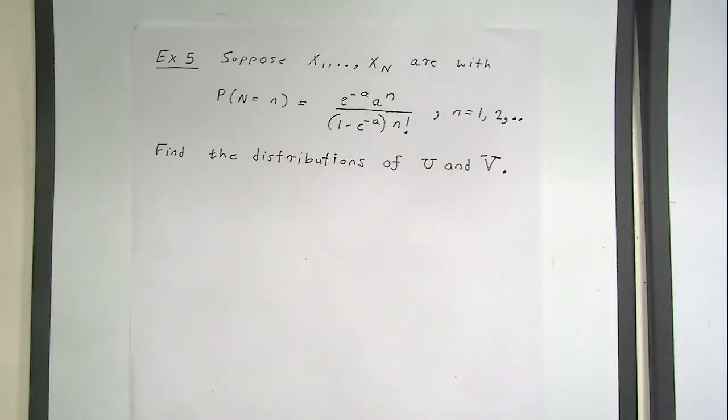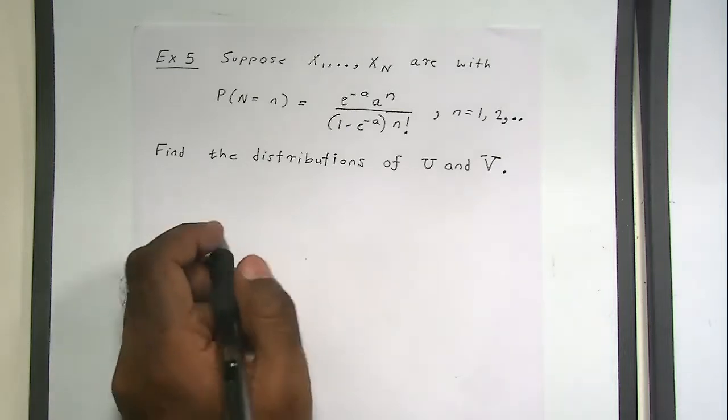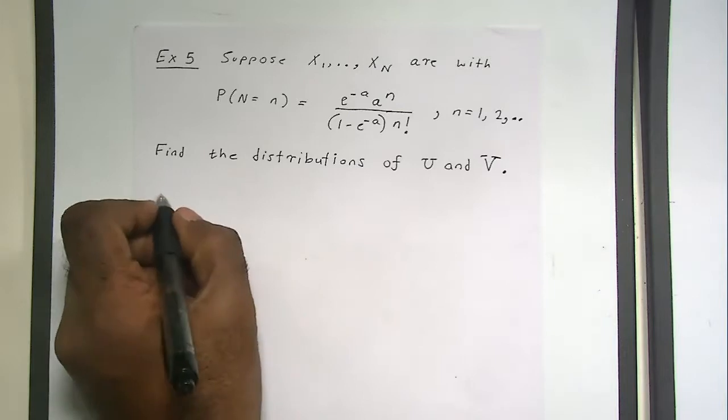Right, so here we have x1 to xn i.i.d. with the distribution given by this, right? And we want to find the distributions of U and V. Remember, U is the minimum portfolio loss, V is the maximum portfolio loss, right? Now you should use the formula that I gave you yesterday. So let's start with U. The CDF of U will be